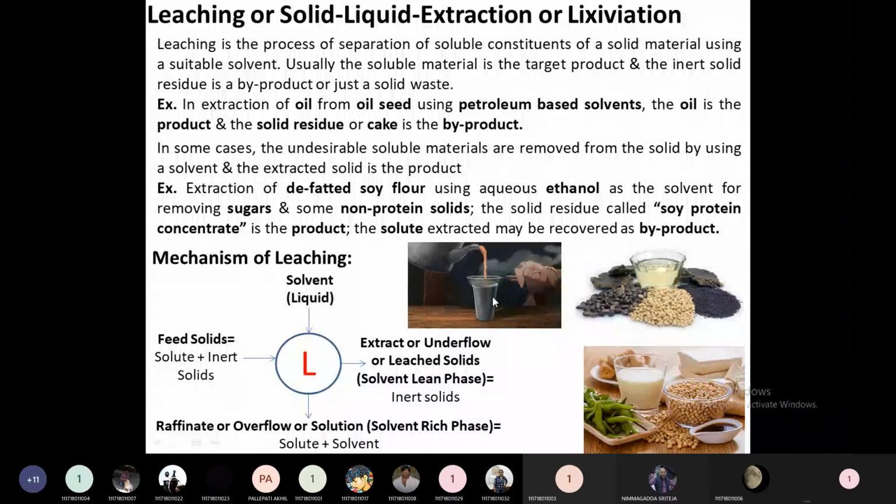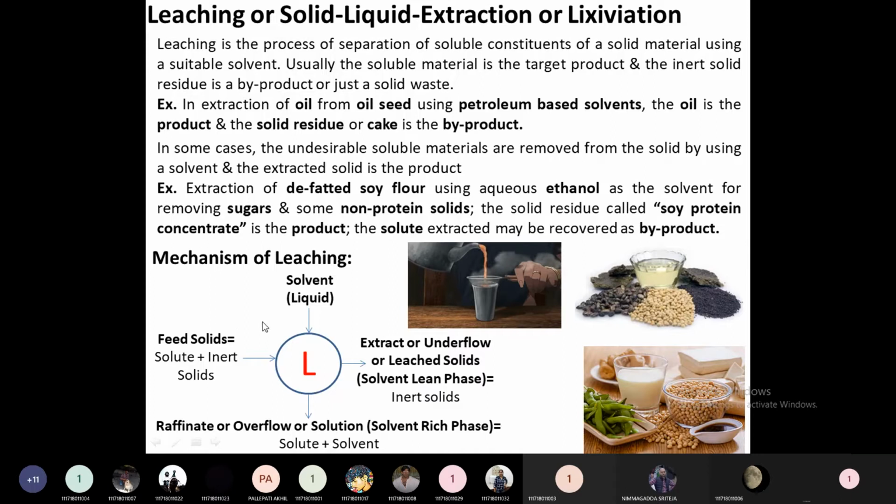So milk is a suitable solvent. In oil preparation, hexane is the suitable solvent, or some benzene components, some petroleum cuts we will use. That is a suitable solvent for extracting the oil. Depending on what type of constituent we want, we use that suitable solvent. Then what is the role of this solvent? When we create an intimate contact between the solid and the solvent, the solute, the soluble constituent, will mix out with this solvent.